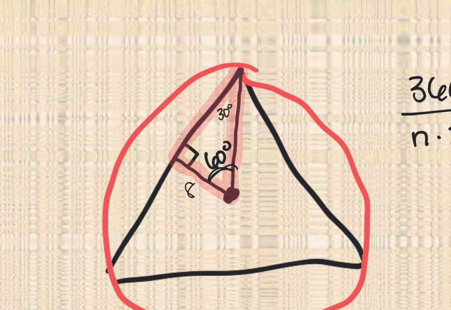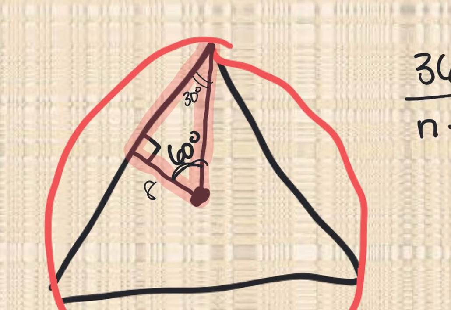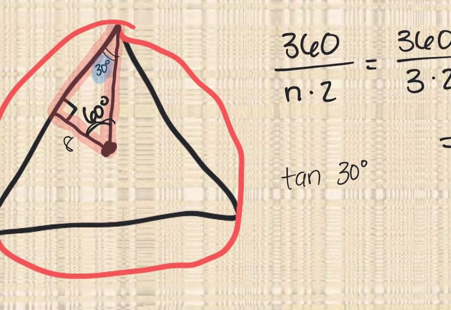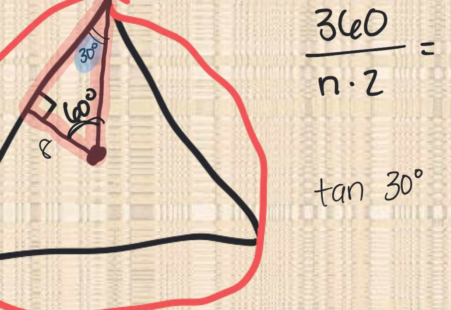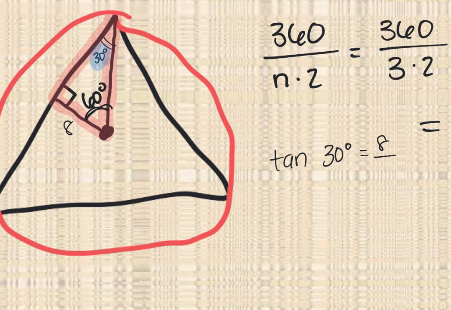Now, we used 30, 60, 90 on the last problem, right? You can use 30, 60, 90 again, but let's say you forgot what 30, 60, 90 is. You could also use tangent here. So, let's say we want to do the tangent of 30 degrees. Look at the 30-degree angle. Tangent is opposite over adjacent. Do you guys agree? What's opposite the 30 here? Xavier? The 8, right? So the tangent of 30 is going to be 8 over